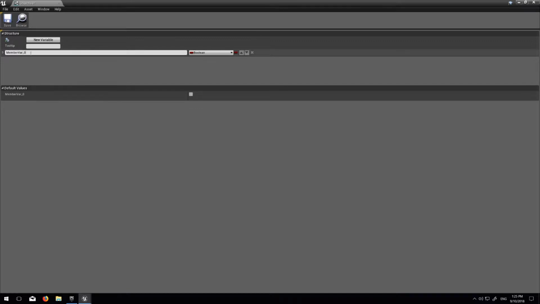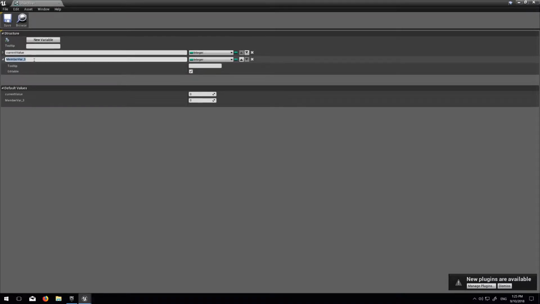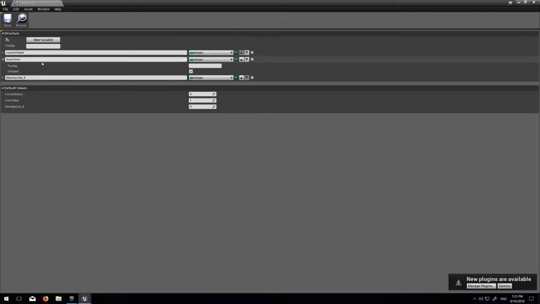So that current status is going to be, let's say, current value. That's just going to be an integer, and let's make a max value, which is going to be our desired thing. And by default, the max value is going to be 1,